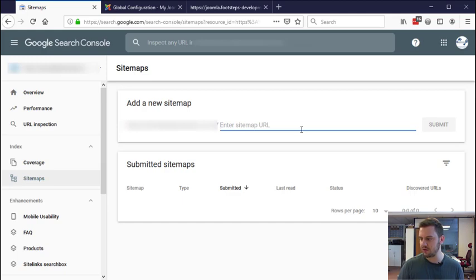Then afterwards, the other thing that I need to point out, along a very similar line, is that we had a scenario once where one of our clients installed appliances for businesses, and they had a lot of services. One of them was installing appliances, so we had the pages that were /installation or something like that, and then /whatever the appliance was. And by default, the Joomla